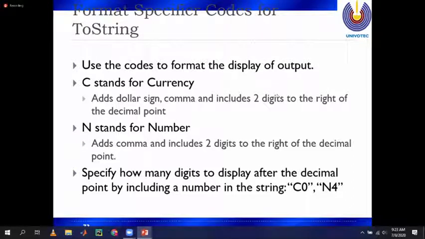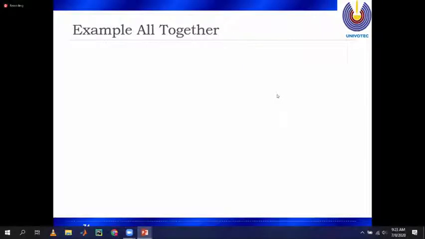To specify how many digits to display after the decimal point, you can use C0 and so on. If you need 4 digits after the decimal point, you can put that. This is the standard, and the value is rounded to the specified number of digits. For example: